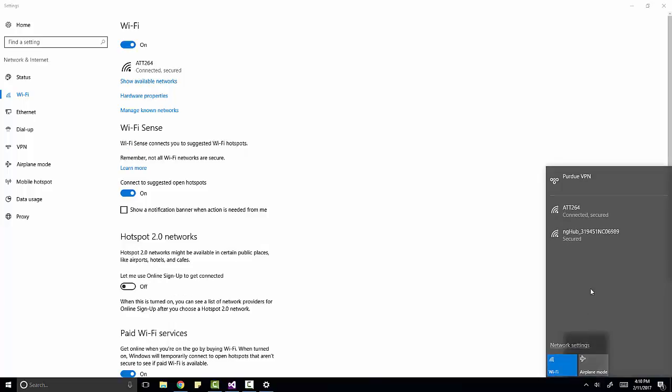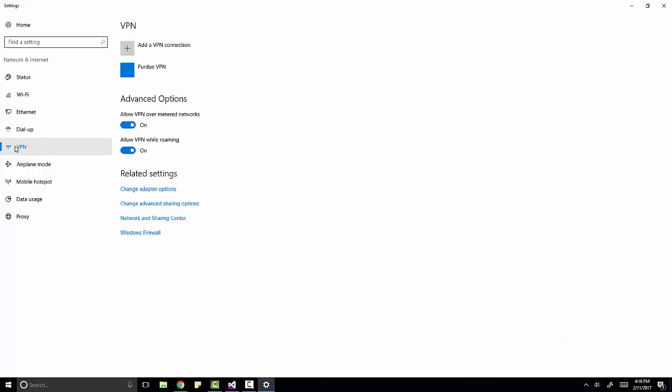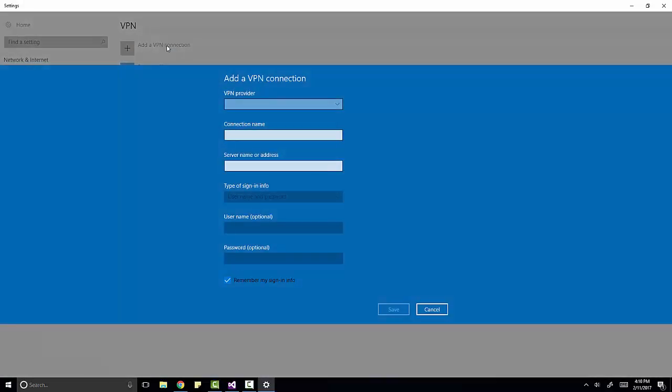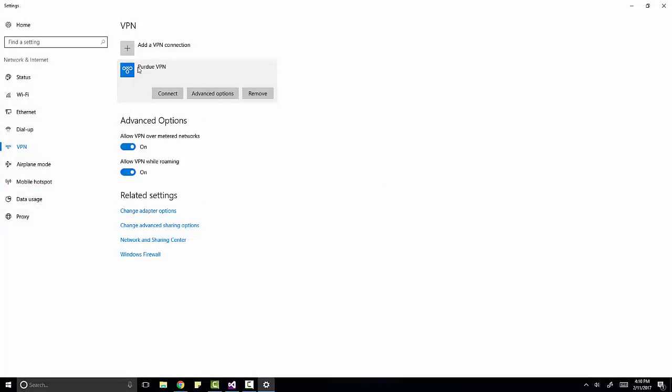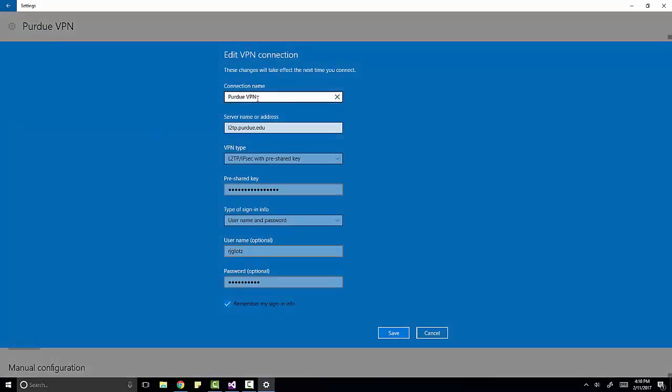So again, I selected this, and then there's a link here for network settings, and it brought us to this area. Then come to VPN, and then add a VPN connection, and it will bring you to this page. I'm going to hit cancel there, and instead what I'm going to do is come to the Purdue VPN I've created. I'll go to my advanced options. I'll go to edit. So this is the name I gave it. You can call it whatever you want. Mine's Purdue VPN. This server has to be exactly as typed here. That is an L as in Larry,